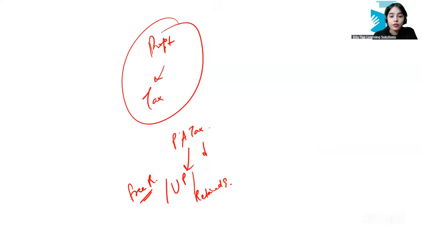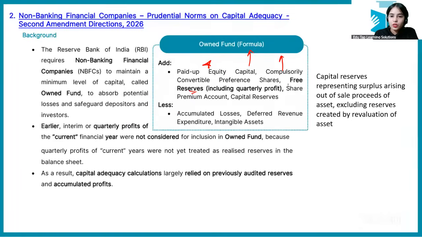So profit after tax will go for the undistributed profits, retained earnings, as well as dividend. So free reserves, including the part of the profit that comes under the undistributed profit. Basically, this we will discuss when we discuss the formula. Free reserves basically includes the profit, especially the undistributed profit that is kept with the company, because